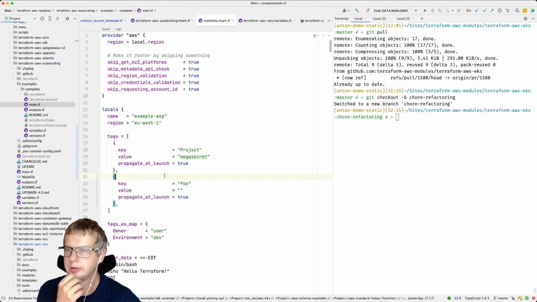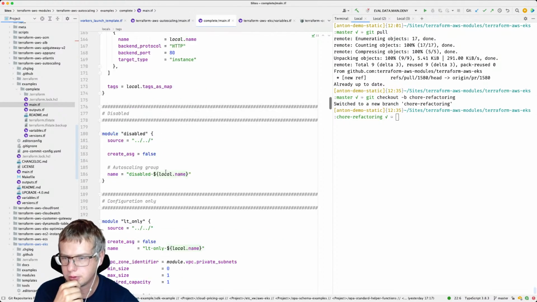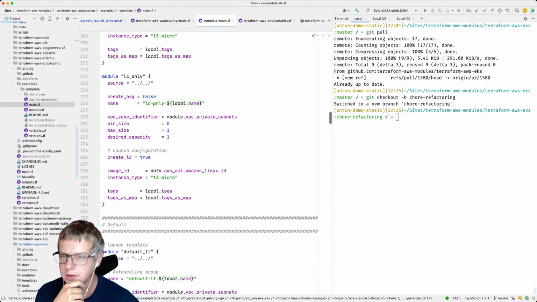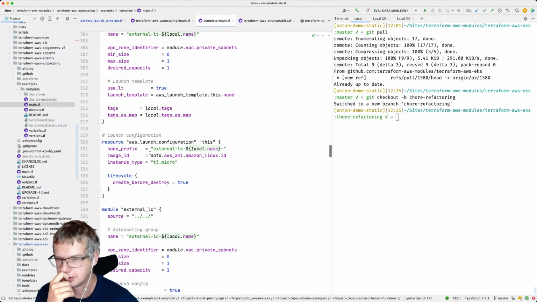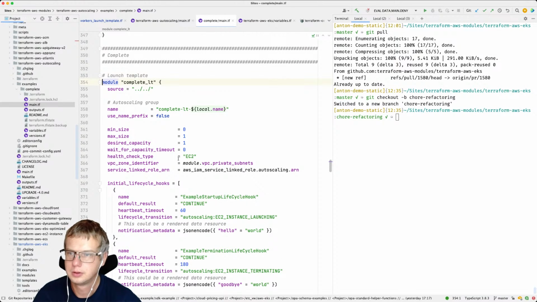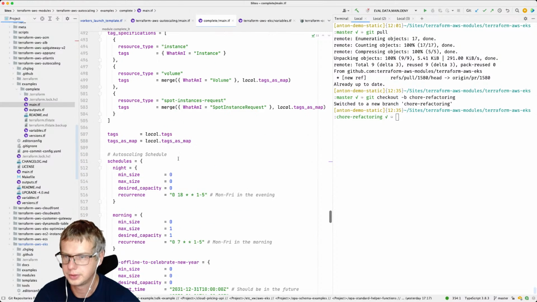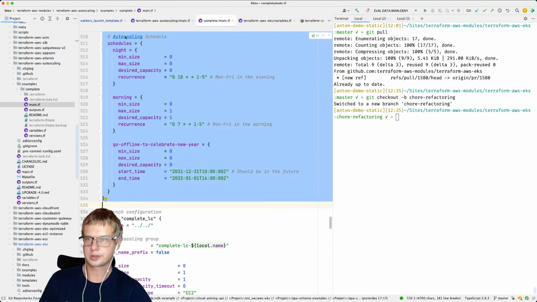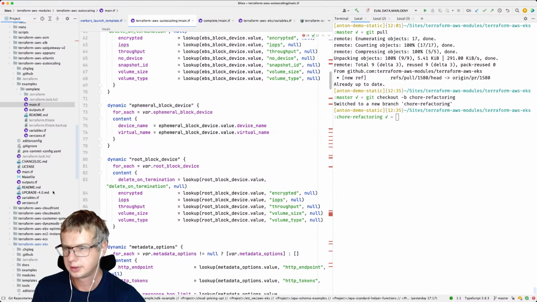So let me show how this is done inside of the module. So if I go to launch template only and launch complete, yeah, this is complete. So if I take this, the code is rather long, but it's on purpose because it has a lot of options. You see, there is even auto scaling schedule if you want to do it. So what we can do here is that in